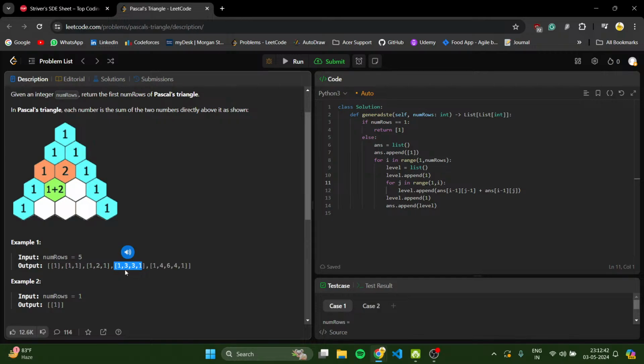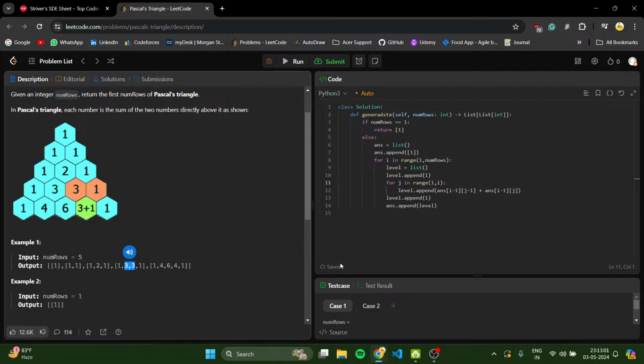This is at level 0, 1, 2, 3, and there are 4 elements. So it contains i plus 1 elements. But we are only concerned about the elements in the index 1 till i, right? So that's why we are doing for j in range 1 till i,